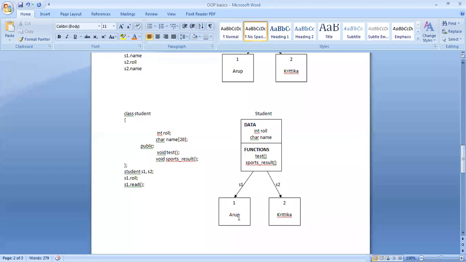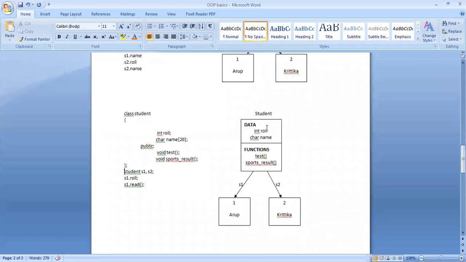So if you see, inside objects we have space only for the data. We don't create space to store functions. So what is a function? A function is nothing. It has only a logical existence. It will simply perform a task. So functions are always described inside the class. All the objects that will have the same functions will be described inside the class. Objects will simply share the functions.